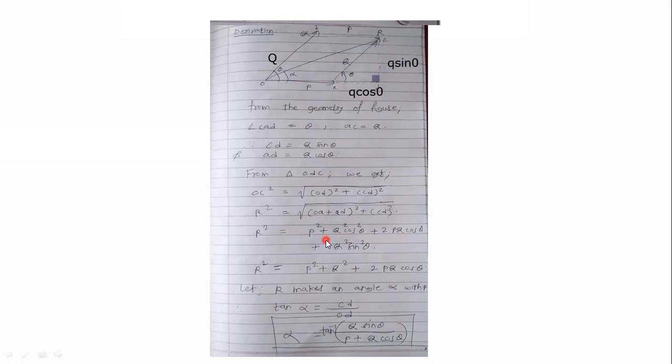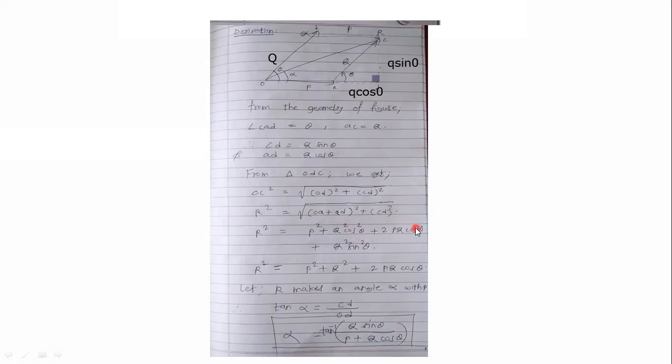After that you will get P plus Q cos theta whole bracket square, and you will get Q square cos square of theta, because the bracket gets squared here. If you remove the bracket, Q cos theta bracket square becomes Q square cos square theta, plus 2PQ cos of theta, because for P plus Q bracket square, you have P square plus Q square plus 2PQ cos theta.